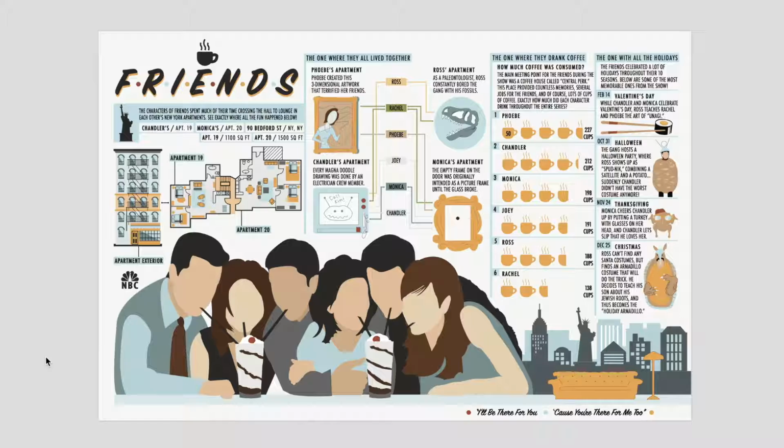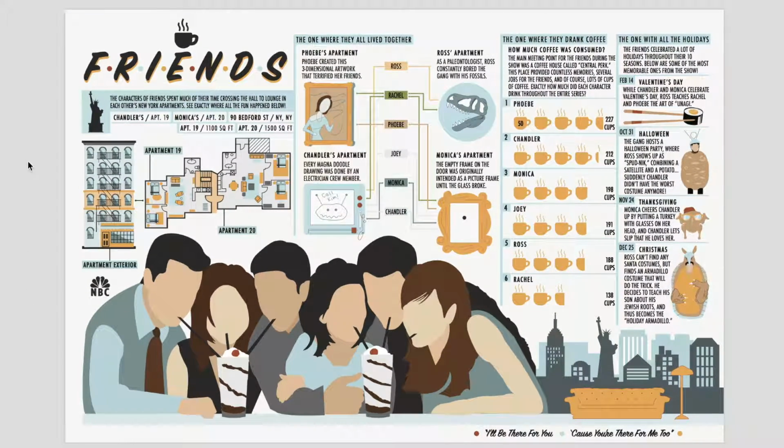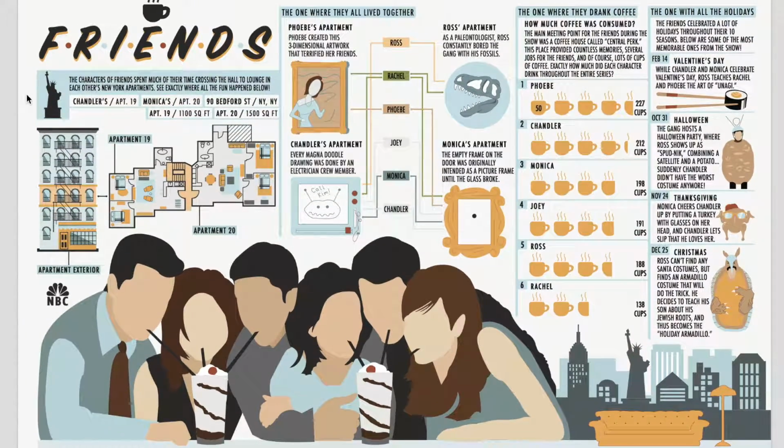But as an overview, you can see there's a large Friends title, somewhat mimicking the logo that people might be familiar with, and the apartment building and layout that the Friends spent much of their time in. You can also see where the friends lived together at one point or another and who they lived with. Exactly how many cups of coffee each character drank throughout the 10 seasons, since coffee played such a big part